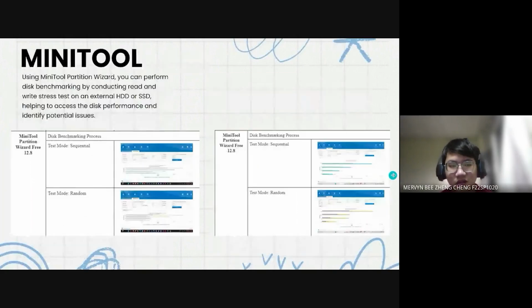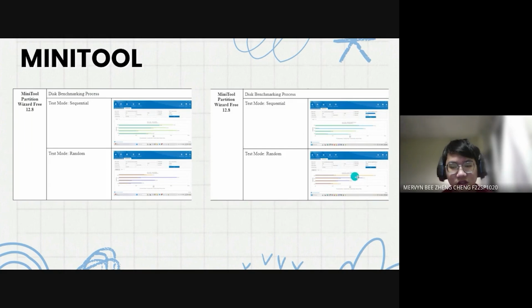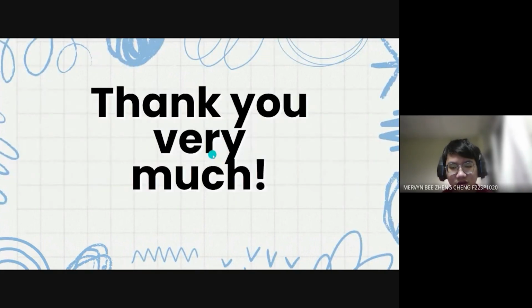And then next we have MiniTool Partition Wizard, with which we can perform benchmarking by conducting read and write stress tests on an external HDD or SSD. We have two test modes, which are sequential and random. For sequential, we have this one showing our stress test, so that we can identify potential issues. And that's all. Thank you for